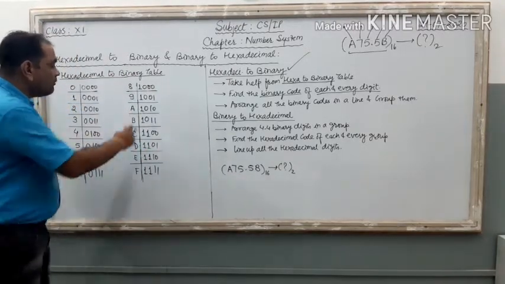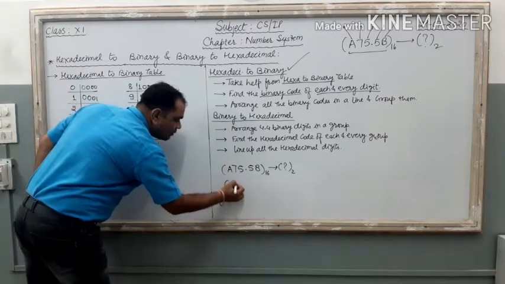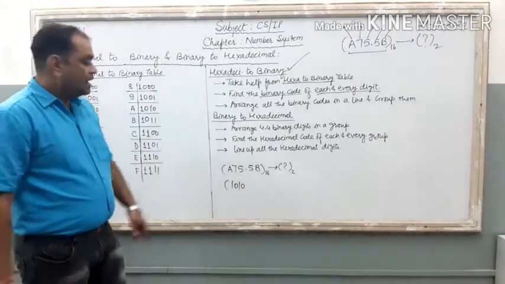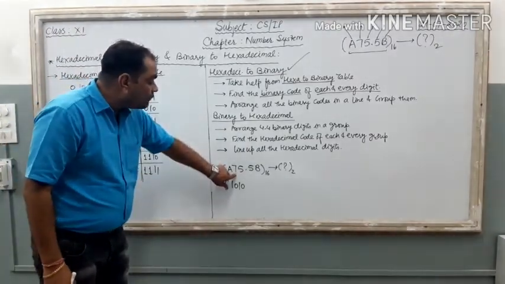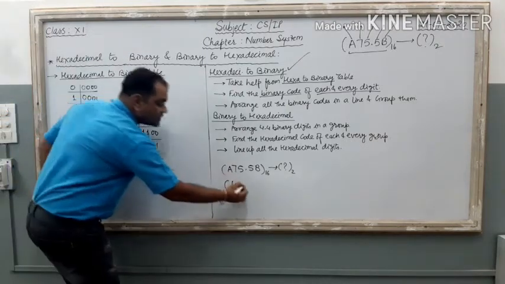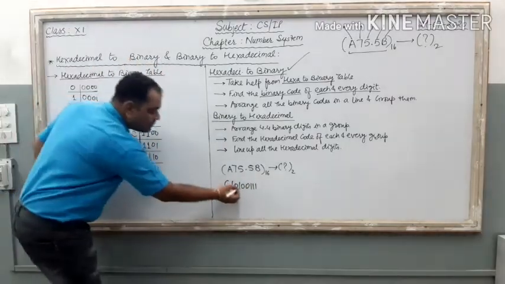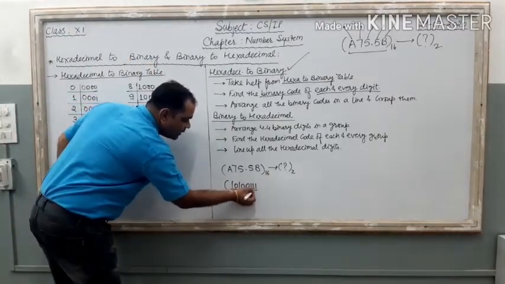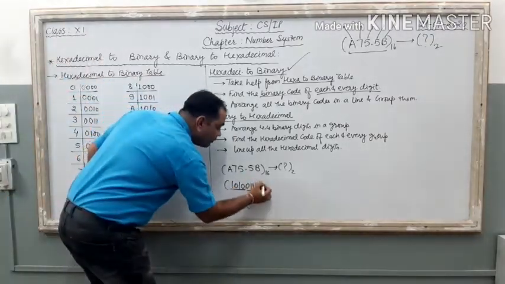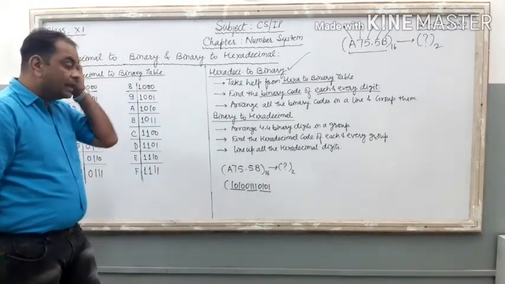Now just take the help of the table. The binary code of A is 1010. So very first I am going to write the binary code 1010. This is the code of A. Just after this, I have to write the binary code of 7. What is the binary code of 7? It is 0111. Now just after this, I write 0111. It is the binary code of 7. Now the binary code of 5 is 0101. Just after these two binary codes.